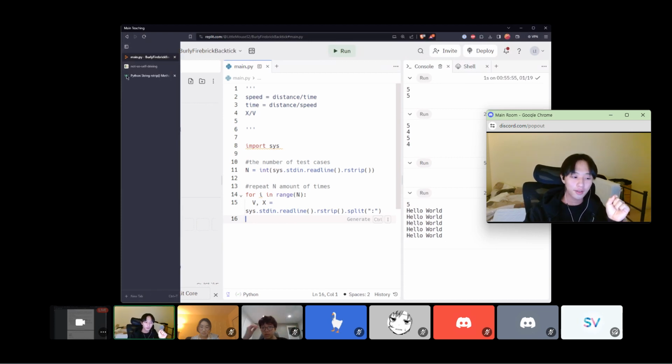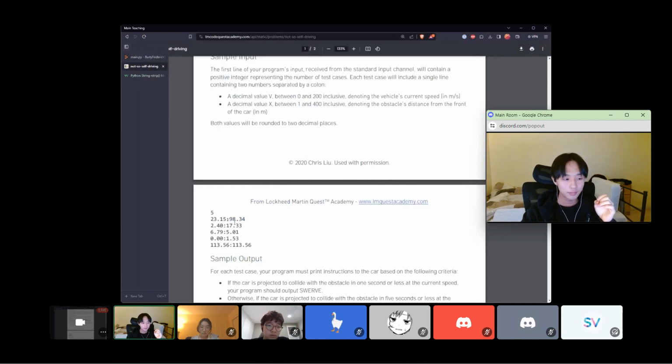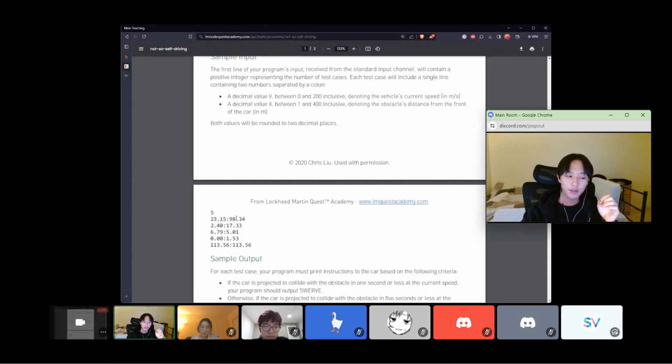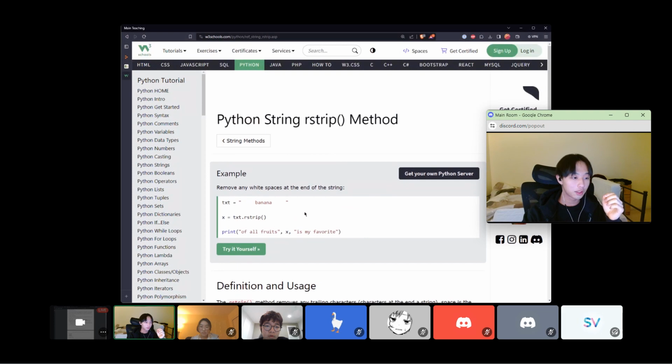Let's first look at what we're doing here. We're setting v and x to certain values given here. We want v to be 23.15 and we want x to be 98.34. So we set v and x in order here. We take in an input here as a string, and then the .split command, which we learned before,